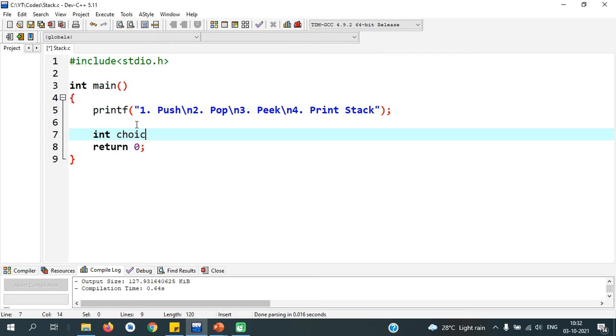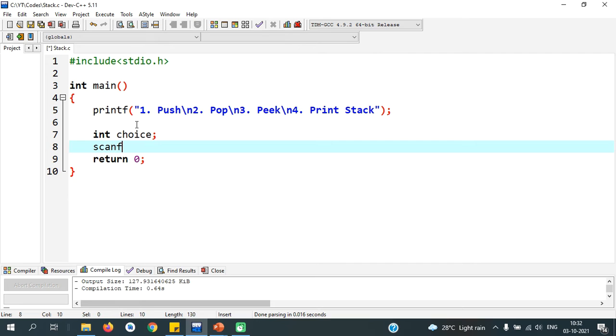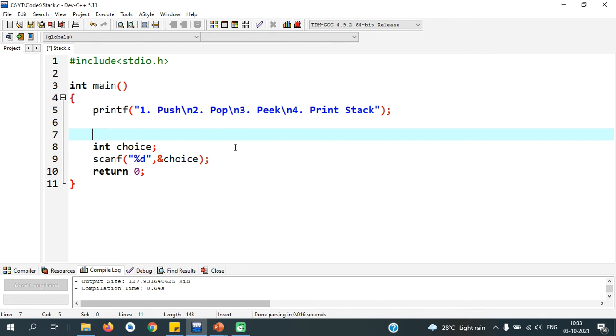Right. Now we will declare a variable to get the user choice. scanf, %d, and choice.